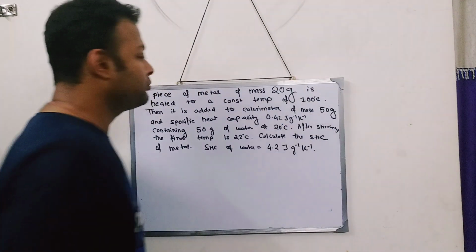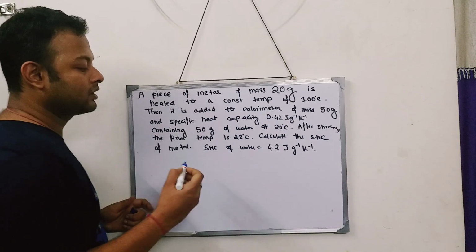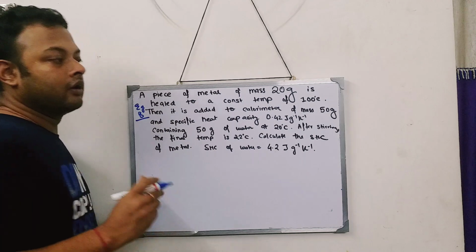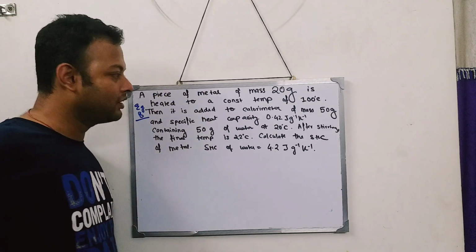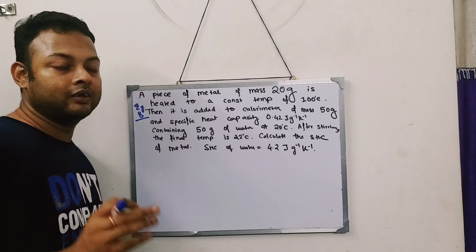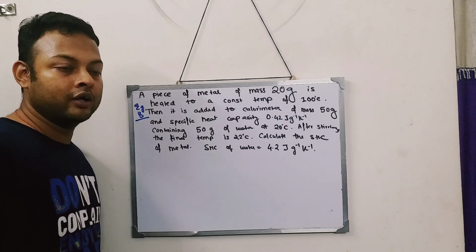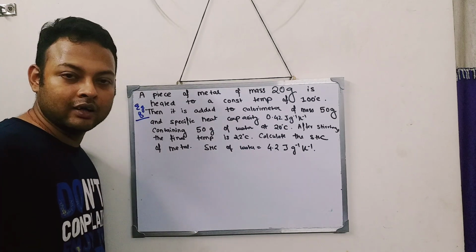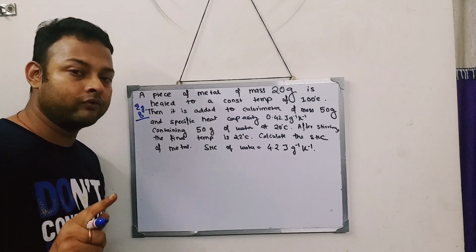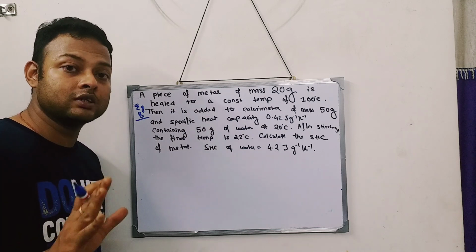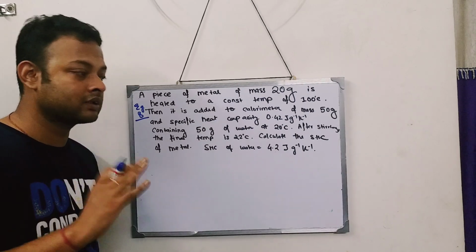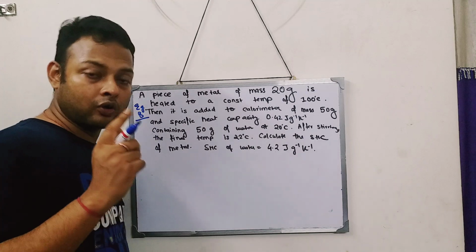Now this sum is example 8 of your book. Although the sum looks quite big, quite lengthy, you have to get this thing: the only way you can do this sum in your exam is by reading the question. And obviously your concept about the chapter of calorimetry should be clear, then only this sum can be done. So make sure your concept is clear.